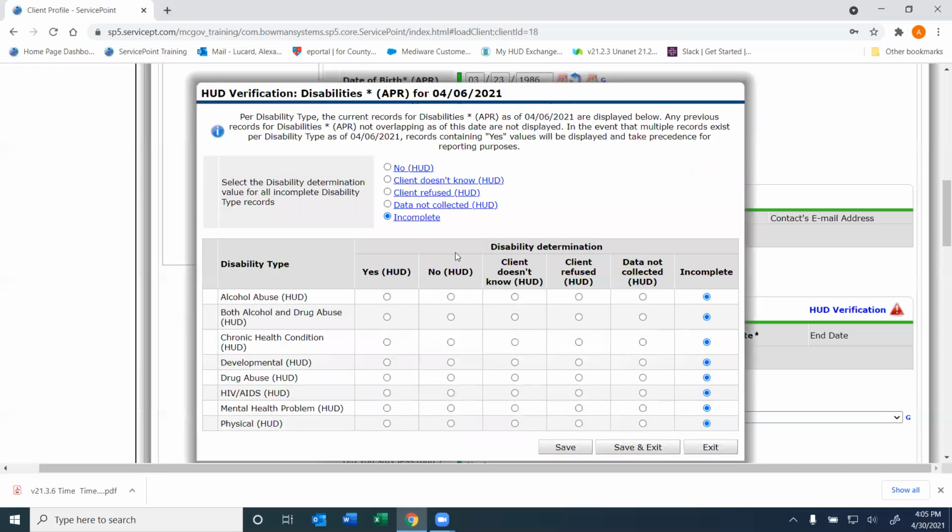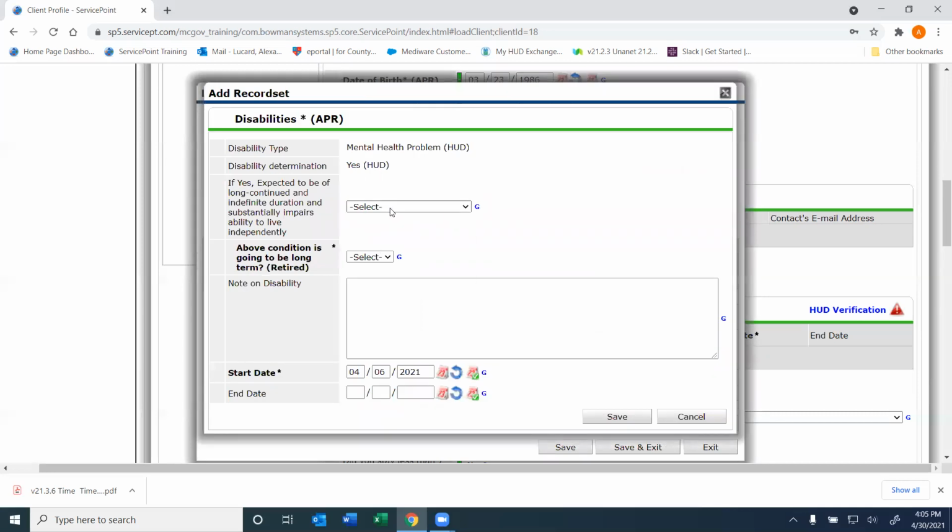The fast way to do it is click HUD Verification, choose No for all the ones that you know are no, and then move them over. So in this case, if we're saying that William Hobbs has a mental health issue, we would go yes. And you can see we can fill it out here. It automatically fills out those first 2 boxes, whereas if you click the add button, it does not. And then we can just say,